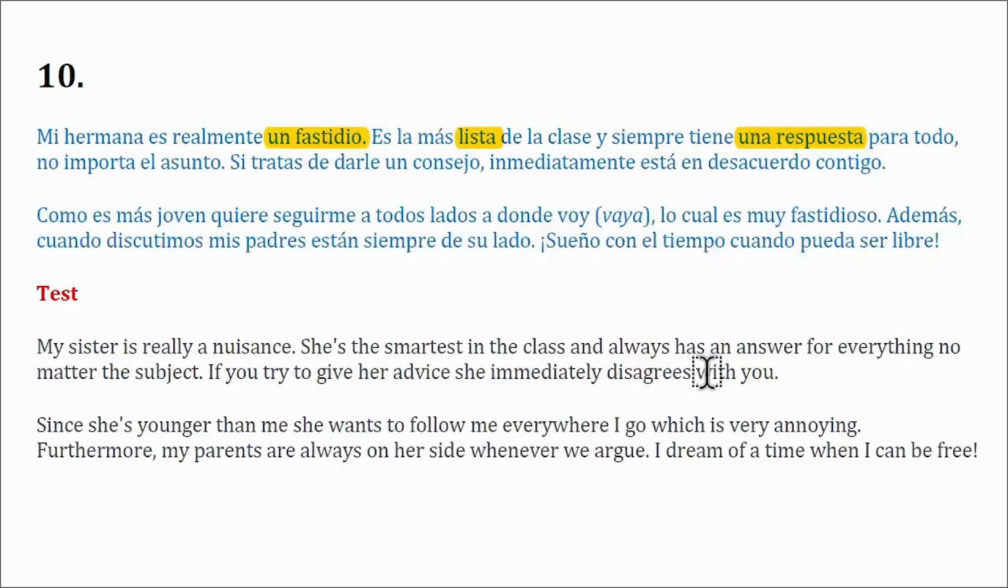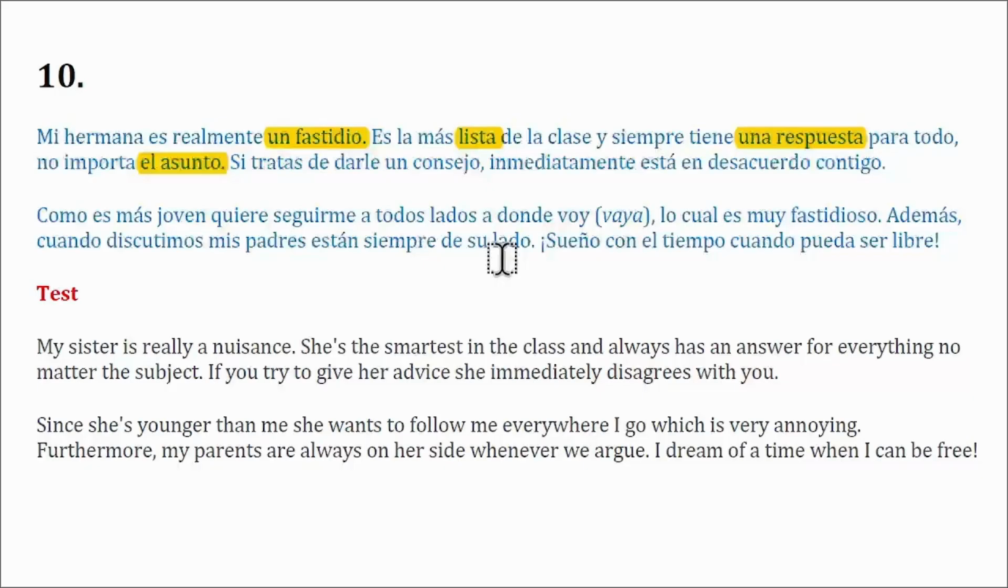Then we have no importa el asunto, regardless of the subject. El asunto is the subject. In English, we would say no matter the subject. And in Spanish, you'll hear very often no importa, it doesn't matter, meaning regardless of the subject. Si tratas de darle un consejo. So if you try to give to her an advice, un consejo,